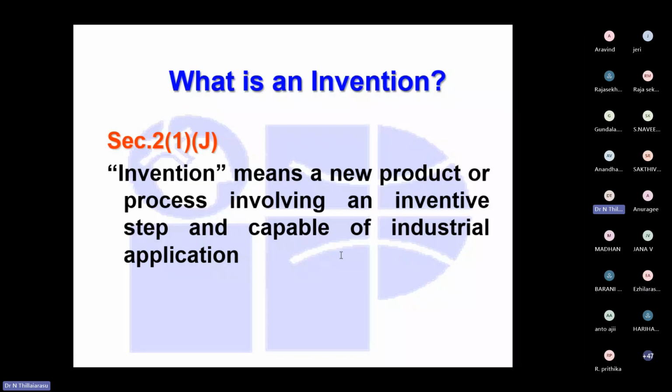Okay, IP valuation or commercialization is very important: the strategy for valuing an IP asset and leveraging it commercially through licensing or technology transfer. So this is how generally you are supposed to know about enforcement.